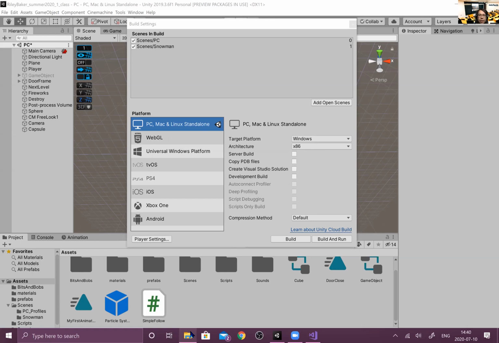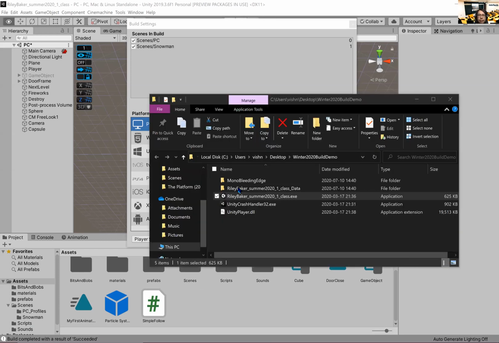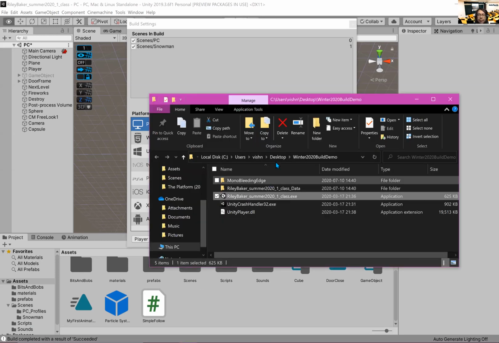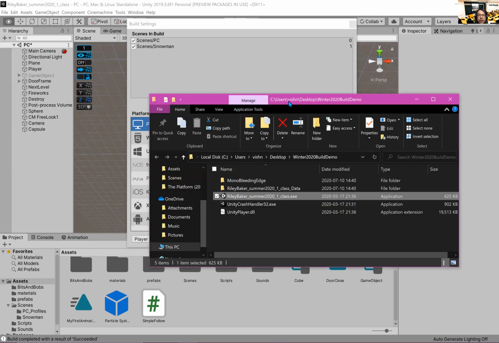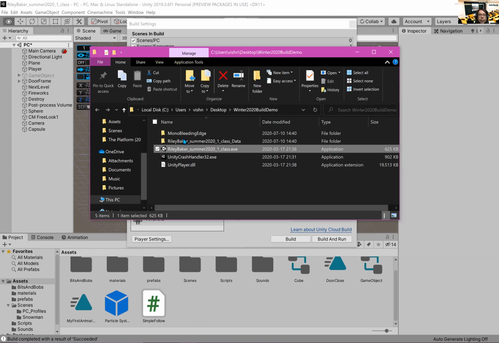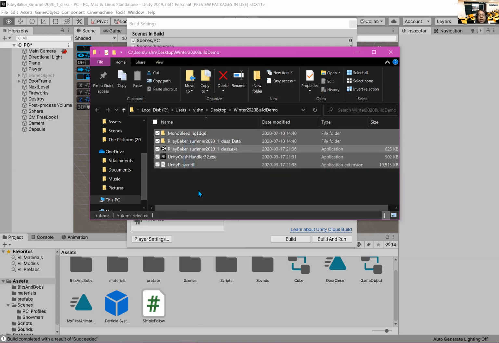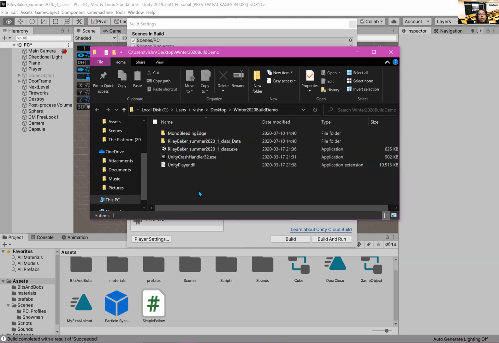So now if I open up my folder, yep, it already opened up in a folder for me. And there's a bunch of different things in here. Everything in this folder is what you need to send it off to someone. You need to send them all of these, and they have to be just like this when they go to play. To play, it's just this one right here, the name of your project.exe. If you double click on that,